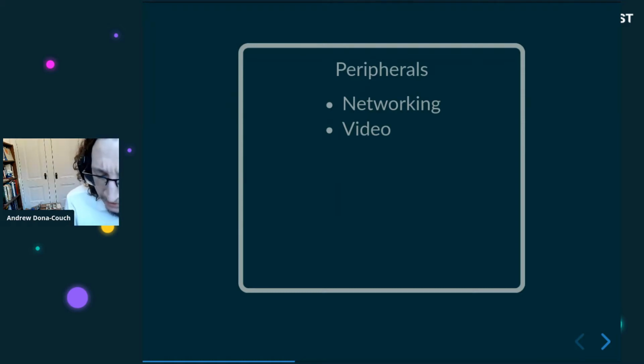Now, in an embedded context, you certainly could have a networking peripheral, although it's not universal. You might have a video peripheral, although it's somewhat rare. You tend to have access to peripherals that are much more limited. For instance, you could ask the computer to count to a number and then let you know when it gets